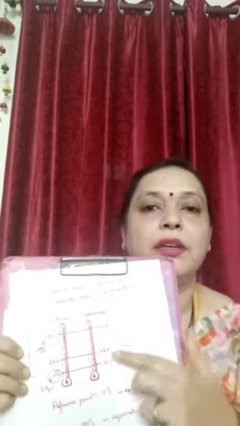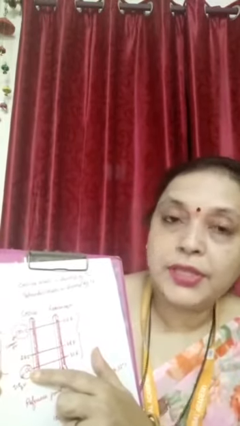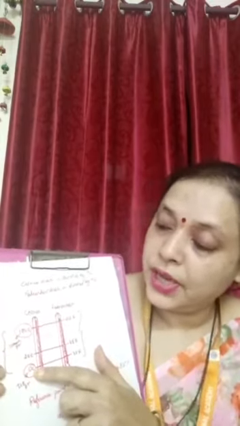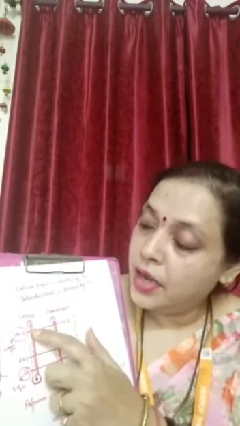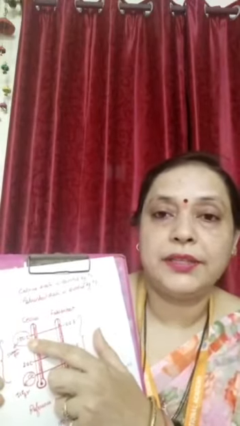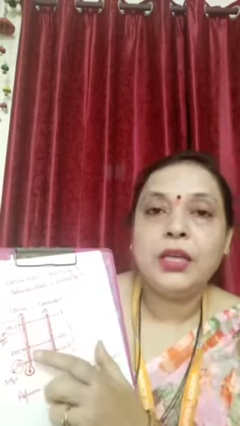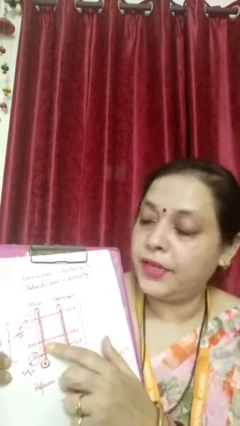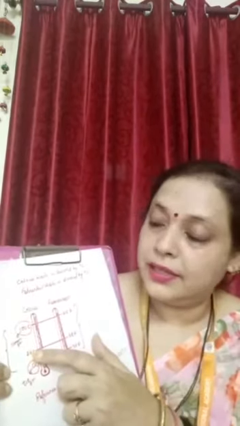You can see here in the diagram that the Celsius scale is given with two reference points: the ice point is given as 0 degrees Celsius, and the steam point is given as 100 degrees Celsius. These are the two reference points, and in between we can see the different temperatures. For example, I have written 20 degrees Celsius.